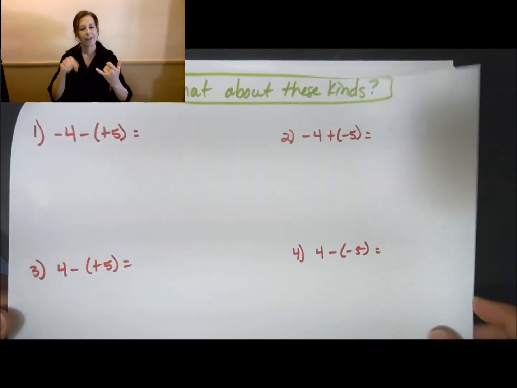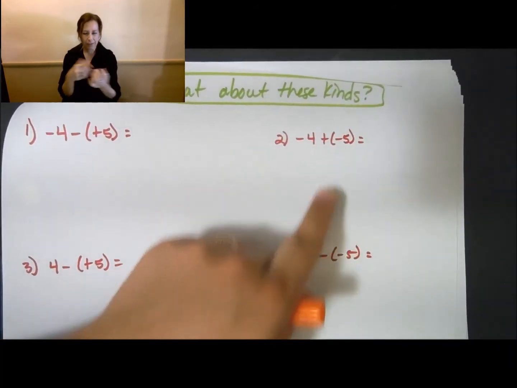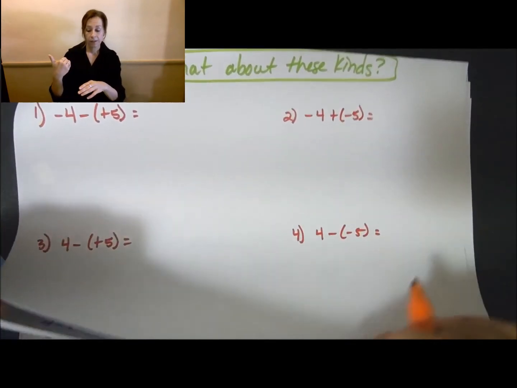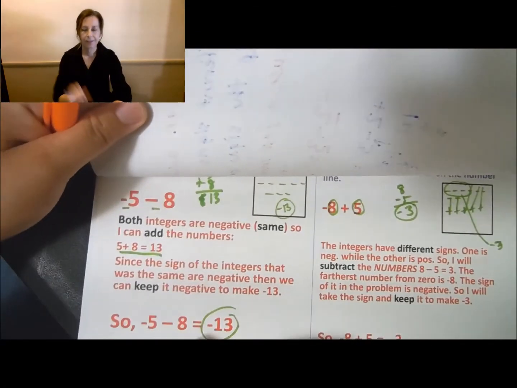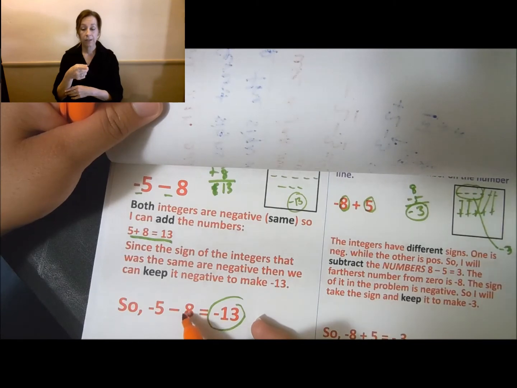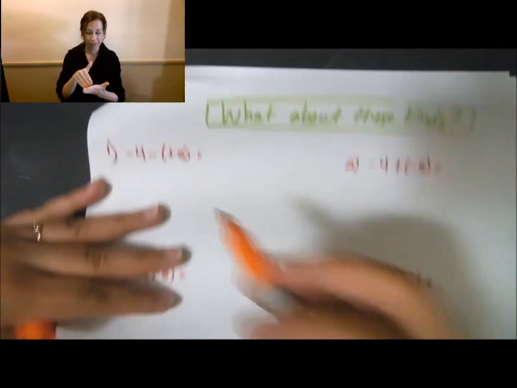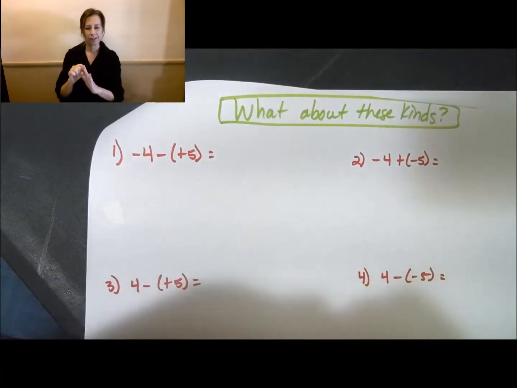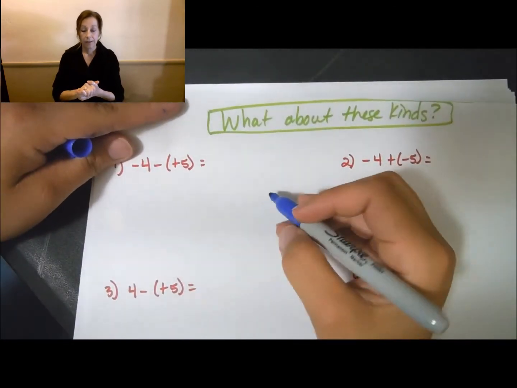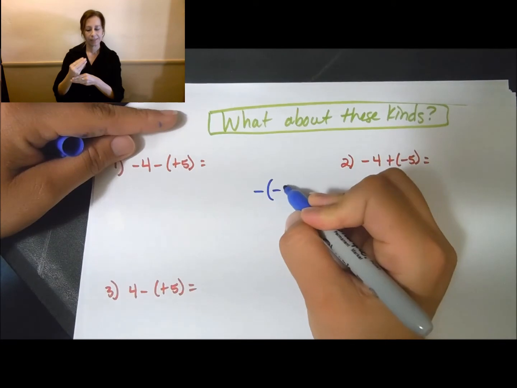But what about these kinds of problems where I have two signs in the middle? What do we do with those? Before, for example here, there's one sign in front of each of the numbers. One sign, not two signs in the middle. This one has two signs. Well, there are different ways you can think about it, but if you think back to 6th grade math, this notation right here,